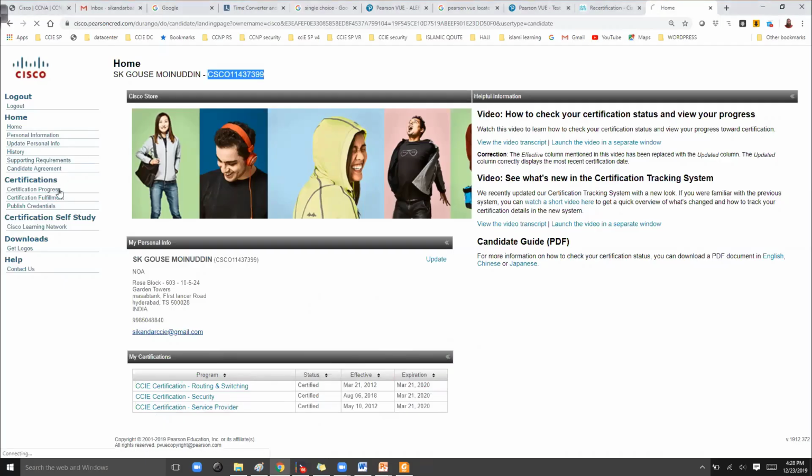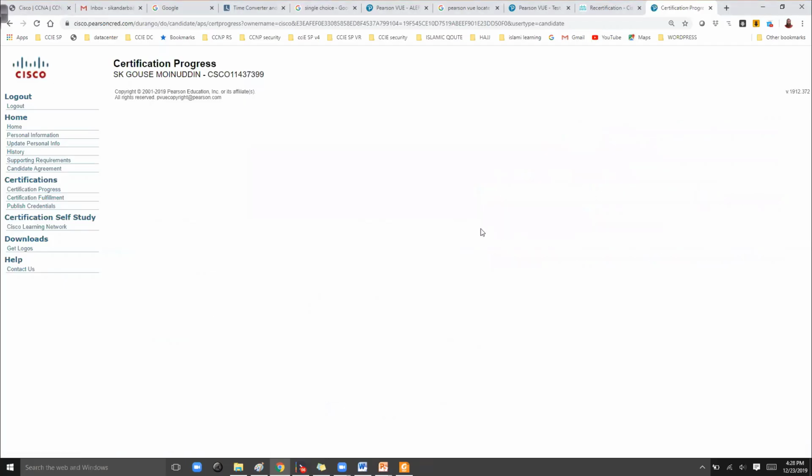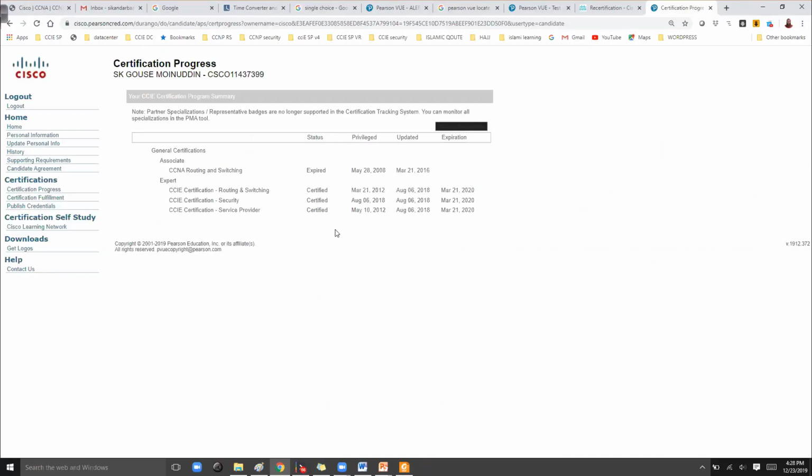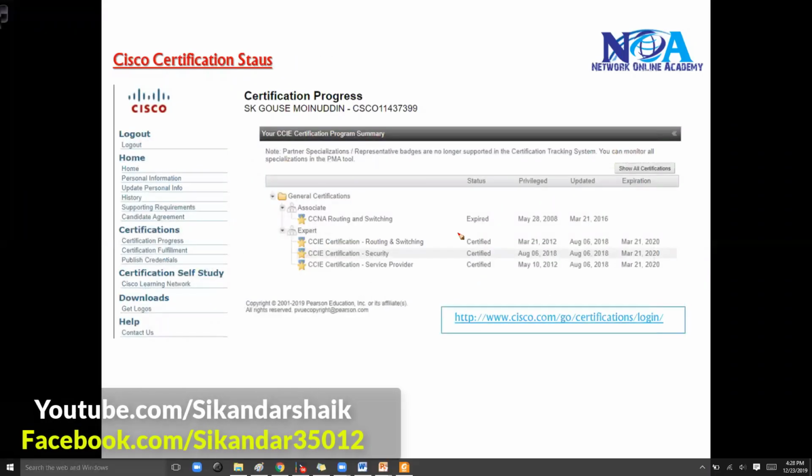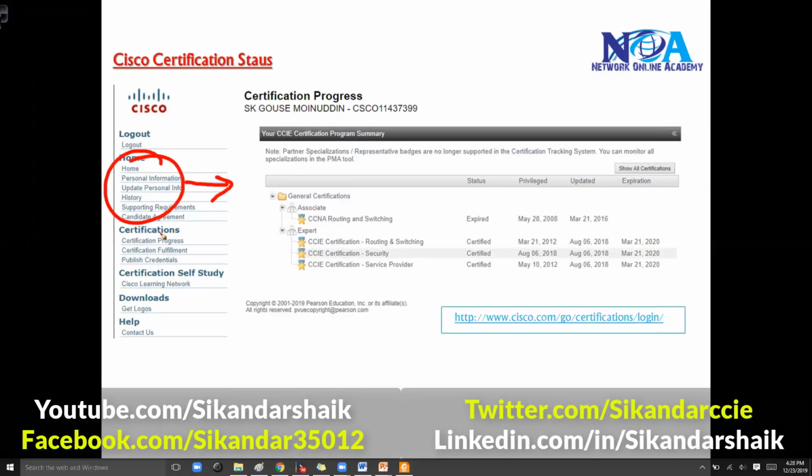You can also click on this certification progress options. So this is like overview, and similar information you'll find here. You can see. Okay, so I got the screenshot here on my slide. So basically this is the way you can check your certification status, and other information also you can update, like your mailing address, or if you want the copy of your certificate, you can use the other information as